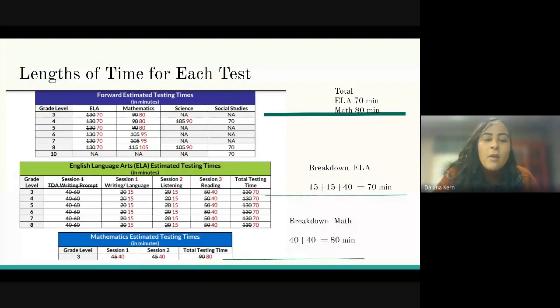Okay, so for the ELA portion, the language portion is going to be 70 minutes, and then for the math, it is 80 minutes. We have some dates scheduled for students that are going to be in person, and we already have them scheduled, so they'll be taking the test with us in their environment. And we have 2 days set aside for that,